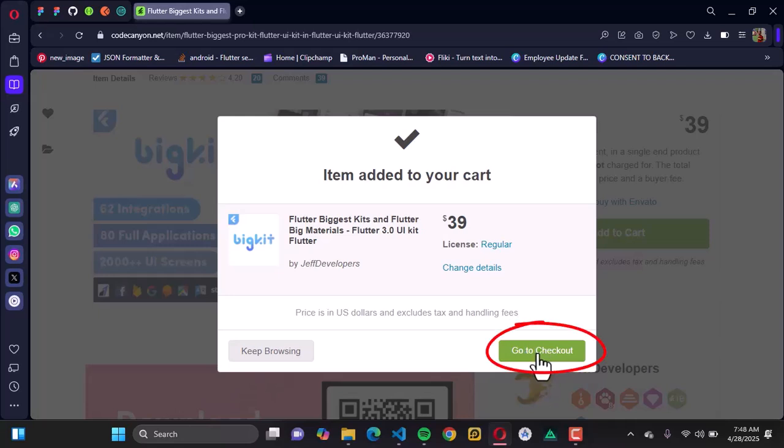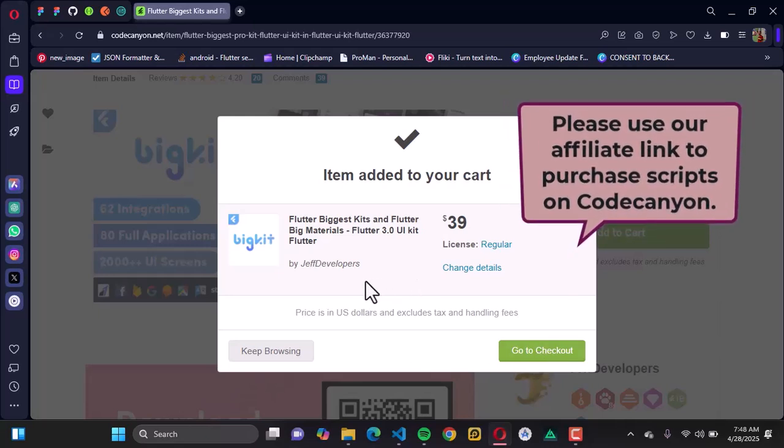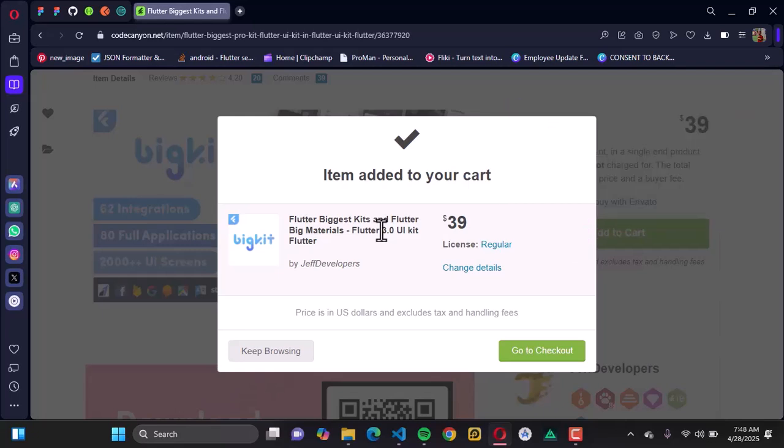I'm not going to be going through this route because we've already purchased this script, but just a disclaimer, you can literally just click on this, follow the straightforward process where you're being prompted to input your credentials, and once you're done with that, you can go ahead and purchase the script directly. So once your purchase is successful, your script is going to be downloaded and it's going to be stored in